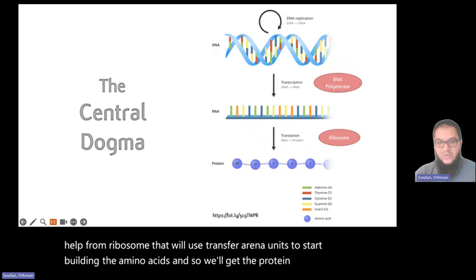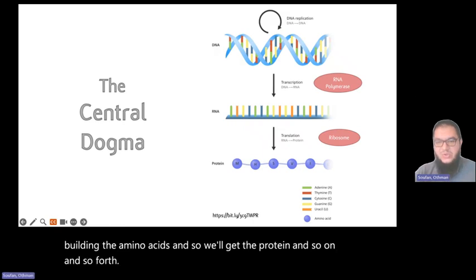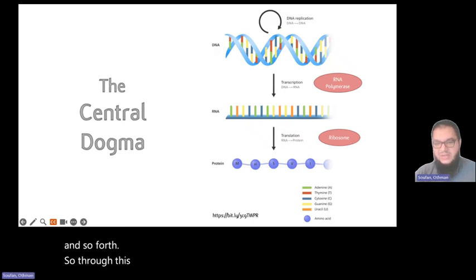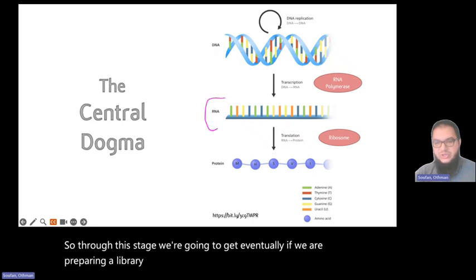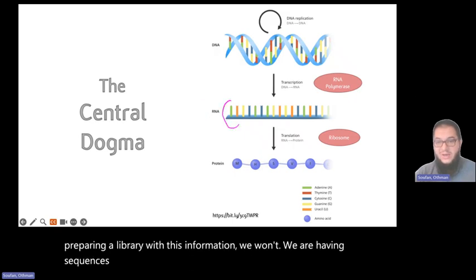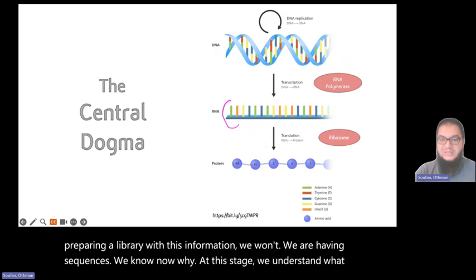So through this stage, if we're preparing a library with this information, we are having sequences. We understand whatever is generated